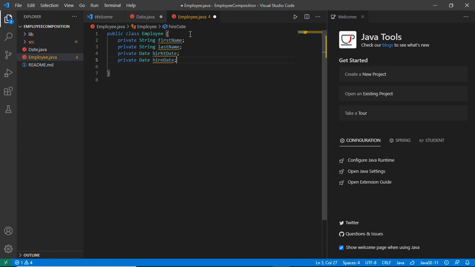Now what we are doing over here is that, as we can see, we are using the date